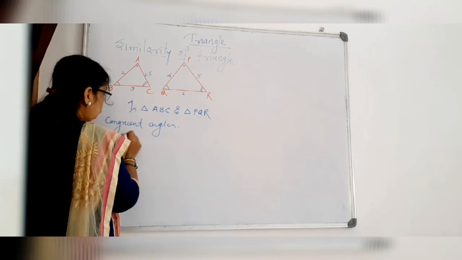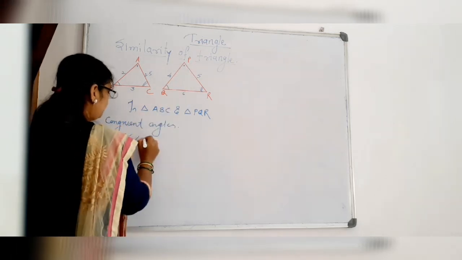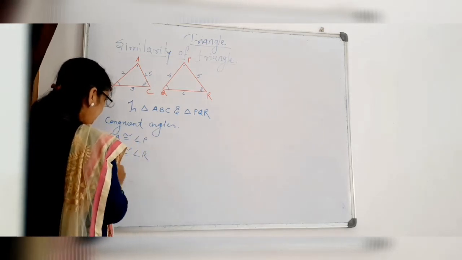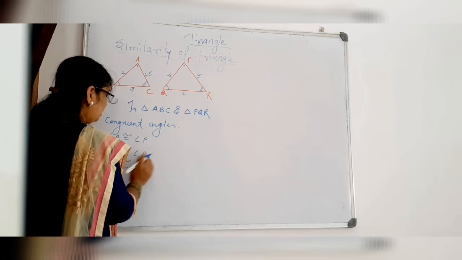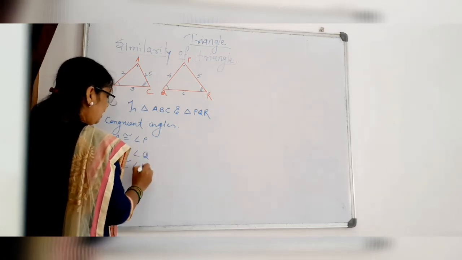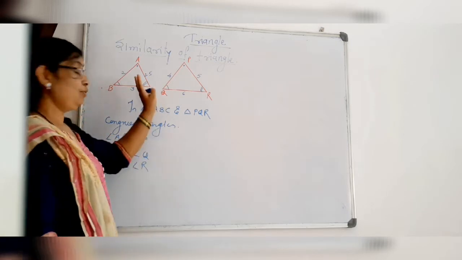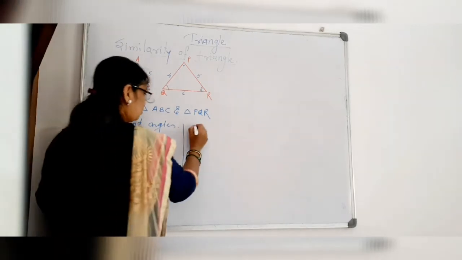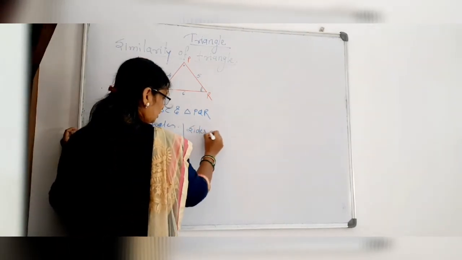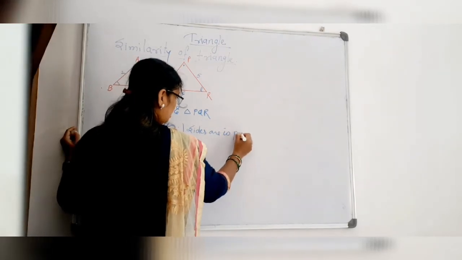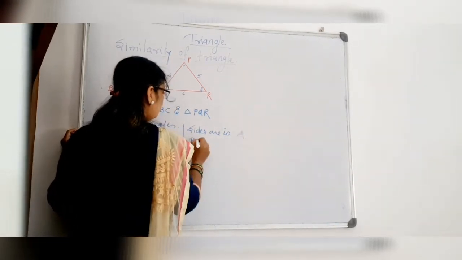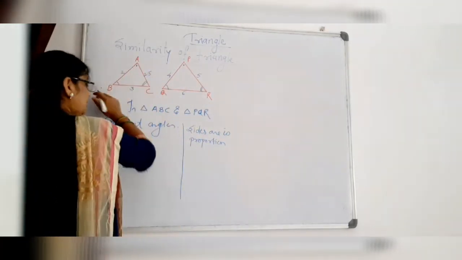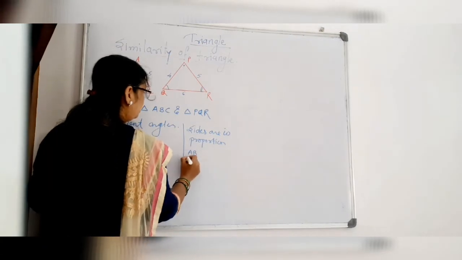Angle A is congruent to angle P. Angle B is congruent to angle Q, and angle C is congruent to angle R. If all the three angles are congruent and sides are in proportion, sides are in proportion. Now sides are in proportion means if we take the ratio of sides, now AB upon